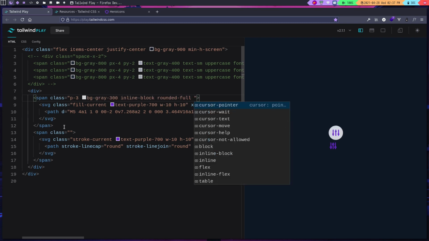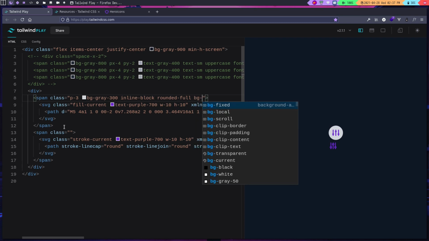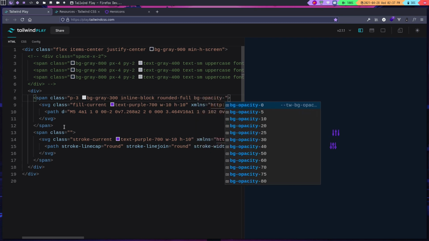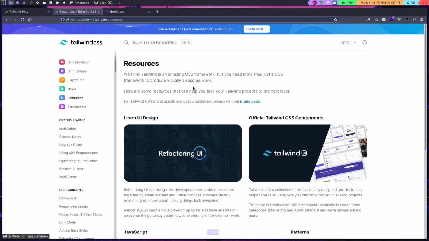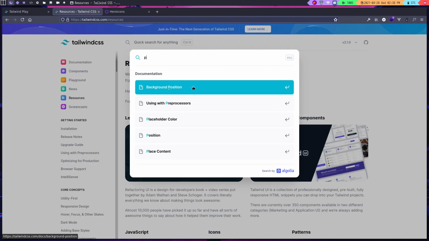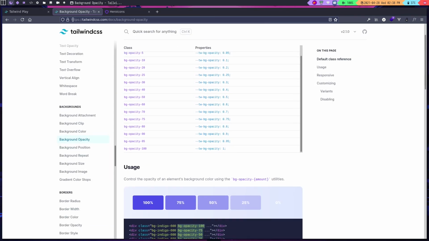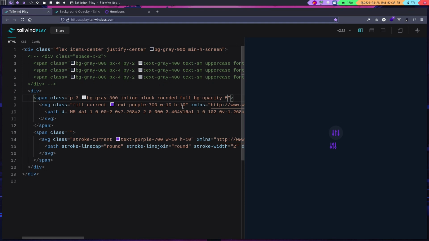Now I'm going to add some opacity, so bg-opacity, dash, let's say 25, or let's go with 5. Obviously you can take a look at the opacity properties over here. If you just type Ctrl-K and look for background opacity, you can see all of the different utility classes that you can use.